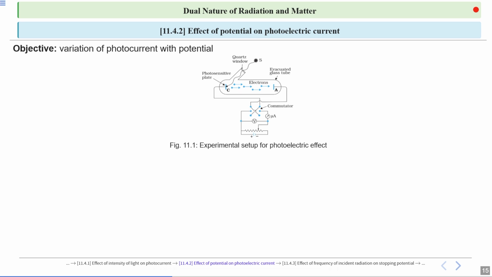Now, let's focus on what happens when we shine light of a fixed frequency, which we call mu, and a fixed intensity labeled I1. All right. Frequency, measured in hertz, tells us how many wave cycles pass per second, and intensity, measured in watts per square meter, tells us how much energy the light delivers per second per unit area. This light provides the energy needed for electrons to escape from the metal surface.